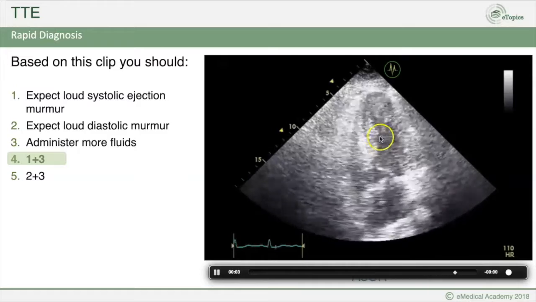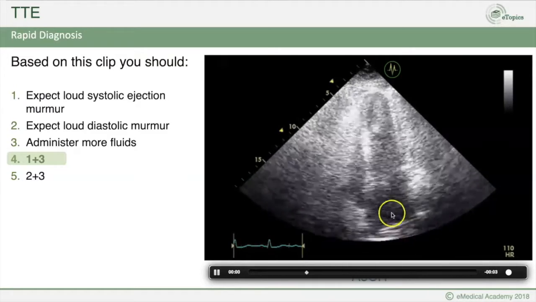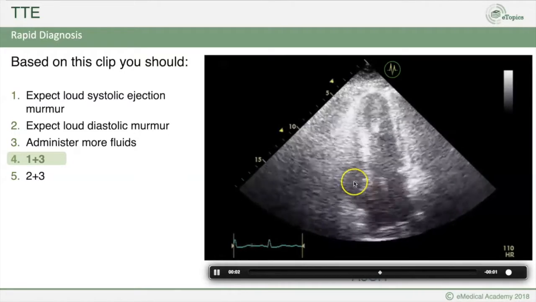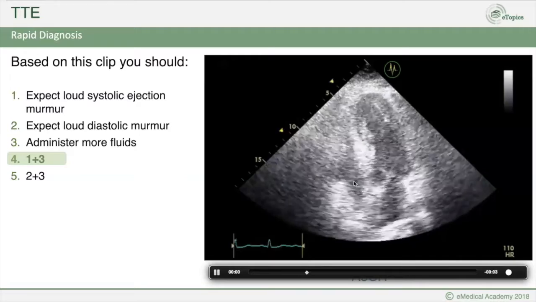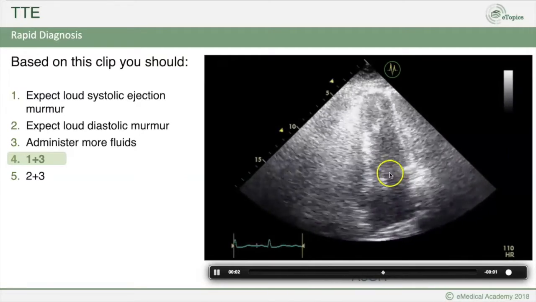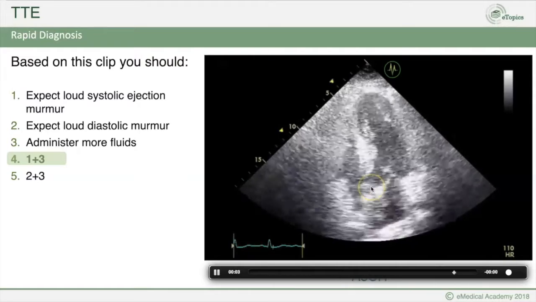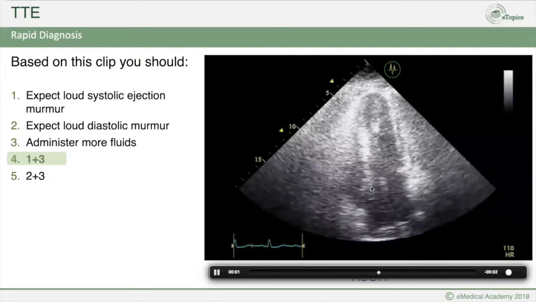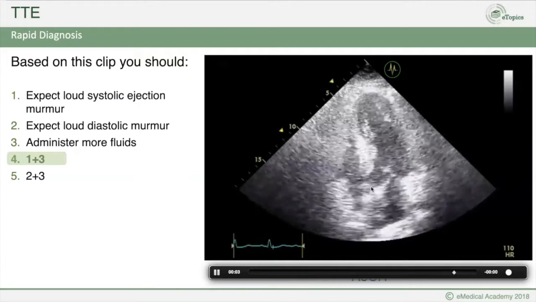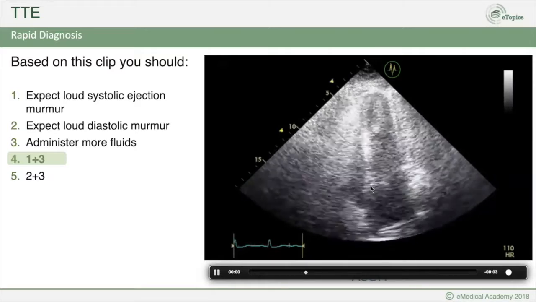The other chambers are the left ventricle, the right atrium, and the left atrium. Here we can see the mitral valve, and you can make out where the tricuspid valve is here. Actually, I don't see it, as I nicely see the mitral valve. The aortic valve is here, and you can see that overall the clip is overgained, and that's very typical in emergency situations and when you scan in a light